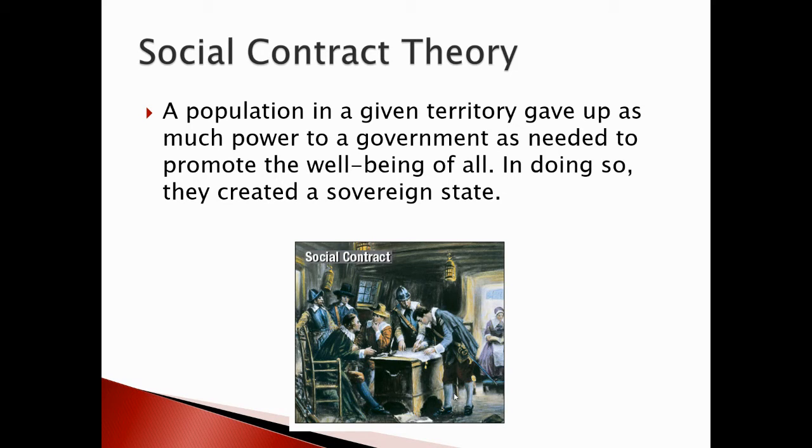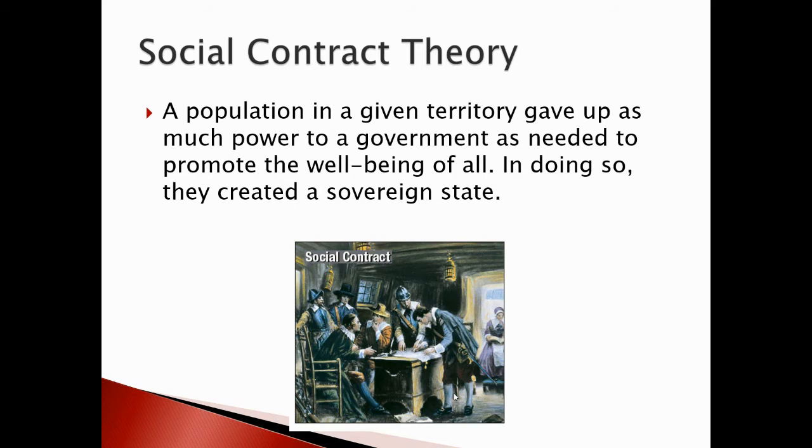The social contract theory, I think, makes the most sense, especially when we look at it from a point of view with American history. As far as the American political system is concerned, the most significant points of thought came about as a result of the Enlightenment, as many of those men were questioning the idea of divine right.